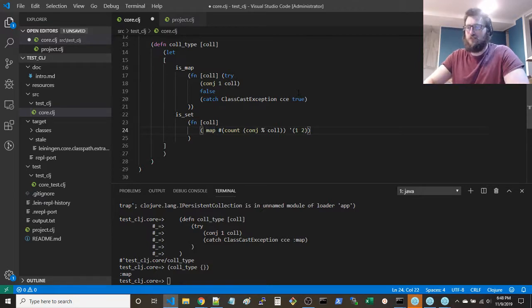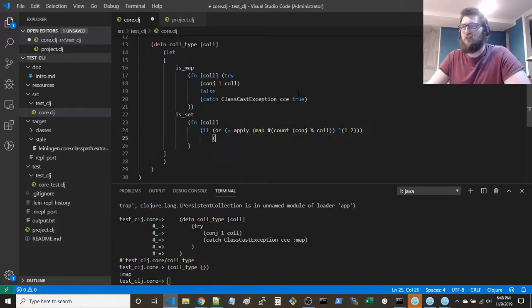Could do this. That works. Okay, so we're gonna say if this, or a similar thing, almost the same thing, instead of conj percent collection, we're gonna say apply.